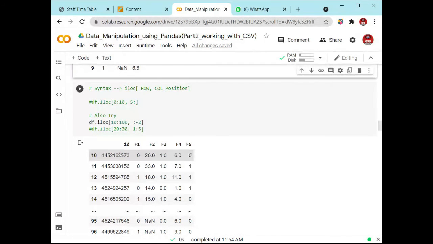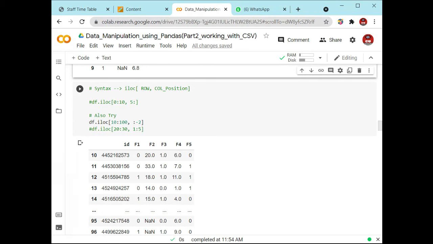Okay, so the same thing is happening right here. This 10 to 100 is defined. Anyone tell me from where to where it will take the values? It will take the values from 10 up to, quickly give your response. No, it is not taking 100, it is n minus 1. I have told you. So it will start from 10 to n minus 1, that is 99.